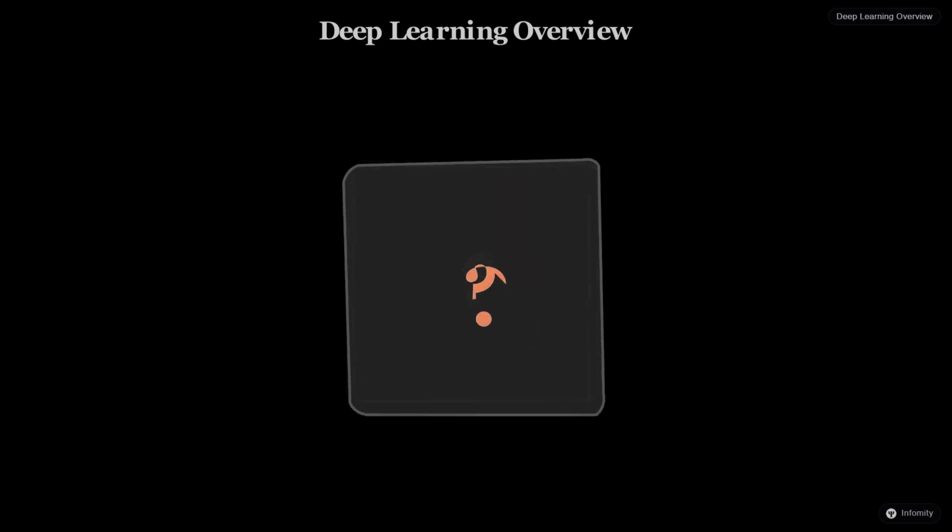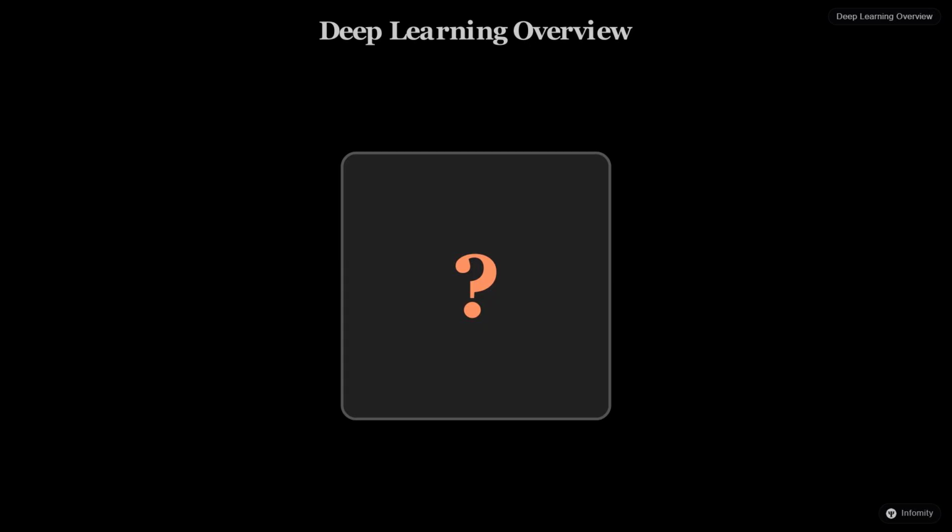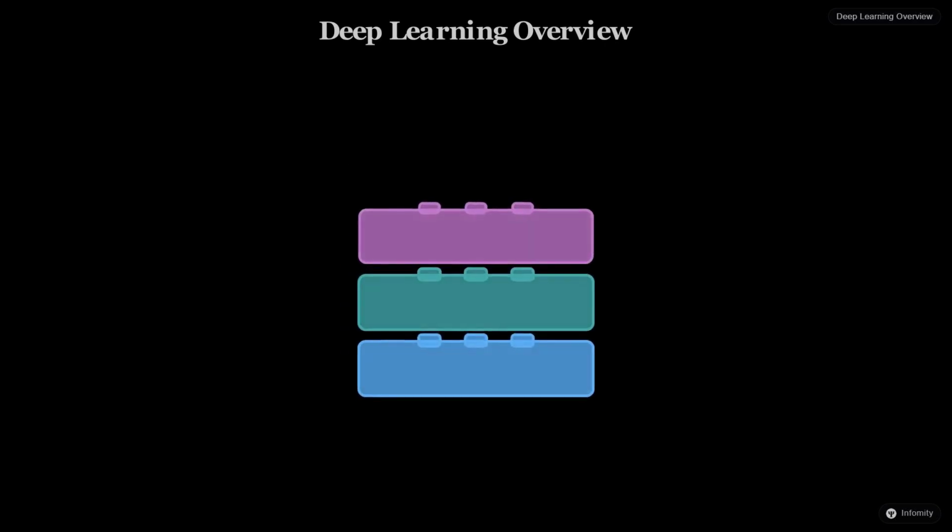Here is what most tutorials never tell you about neural networks. They are not just math equations, but a way to sculpt information. Stop thinking about deep learning as just a black box. If you truly want to master it, you need to see it as a hierarchy of simple changes that build